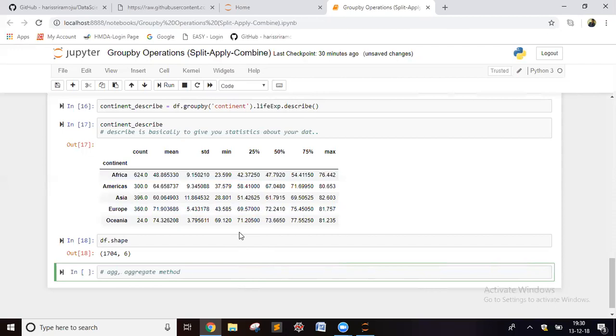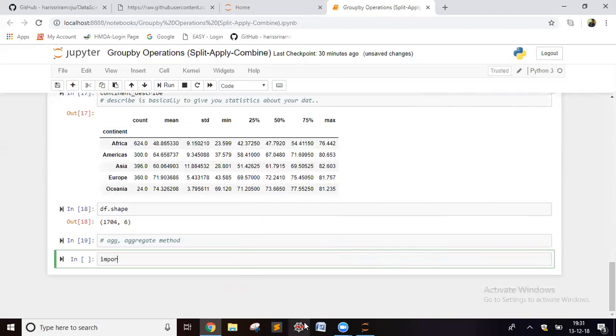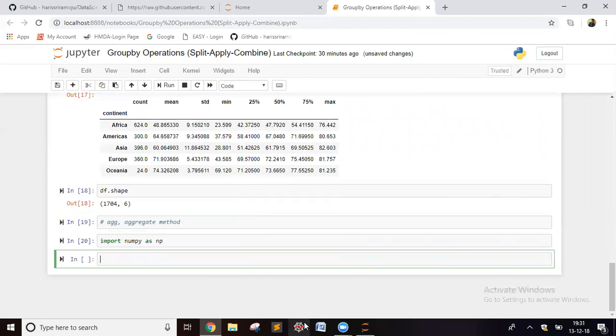Now you're going to see alternative ways of doing the same work. So let's say I'm going to import numpy as np, right? Then let's say calculate the average of life expectancy